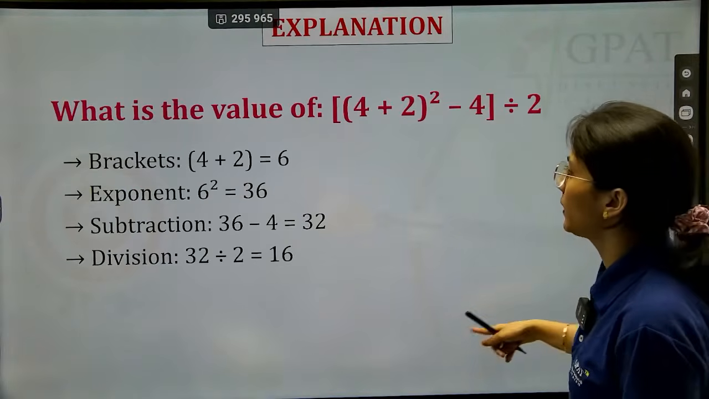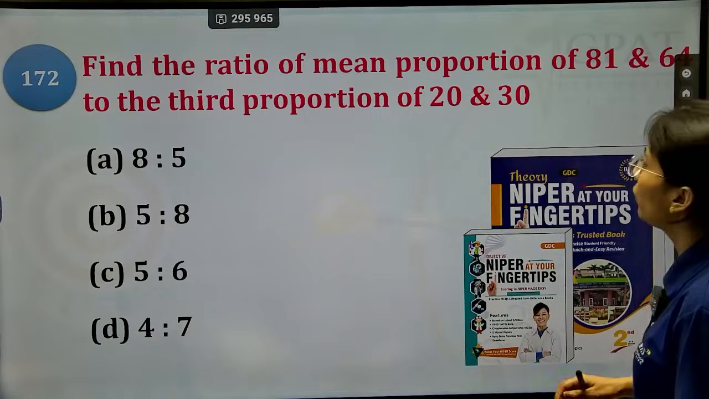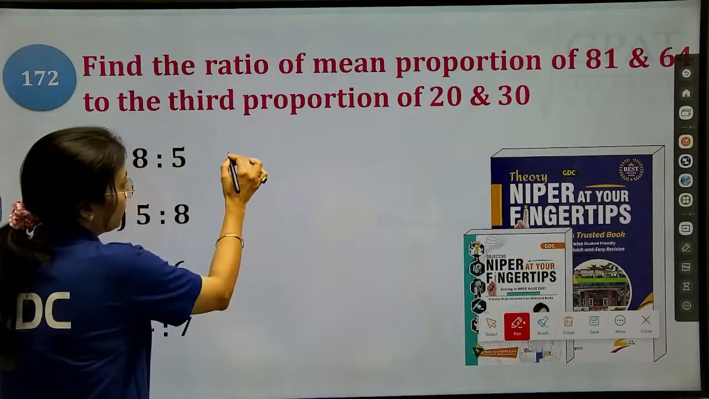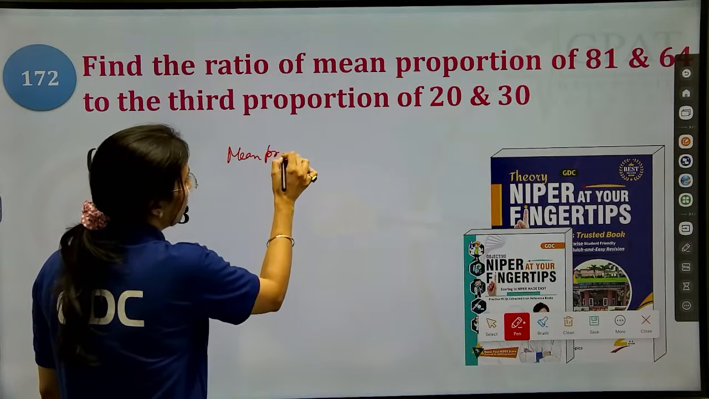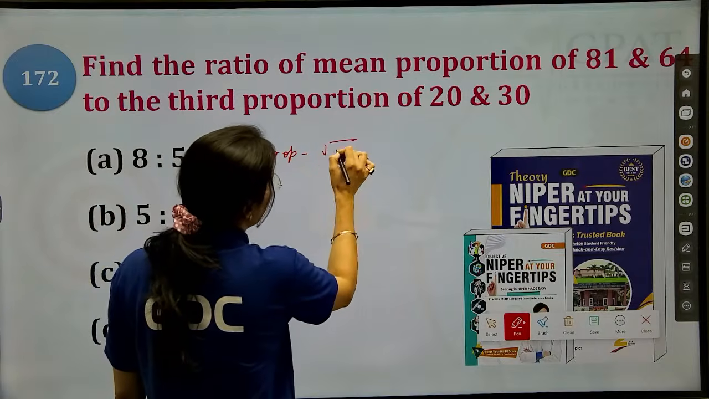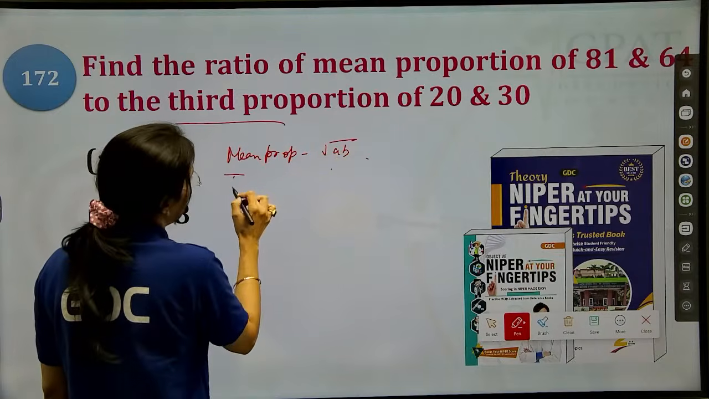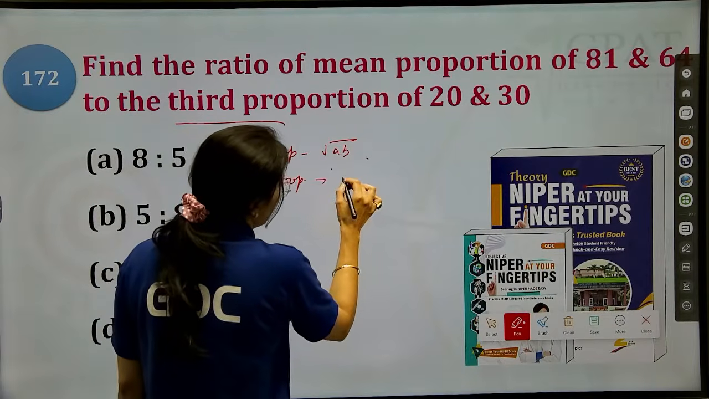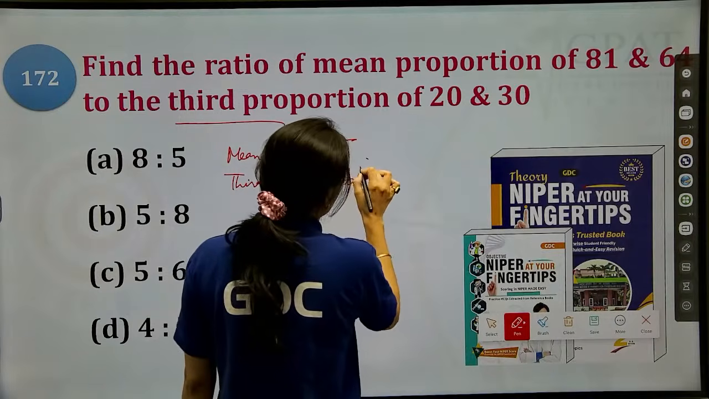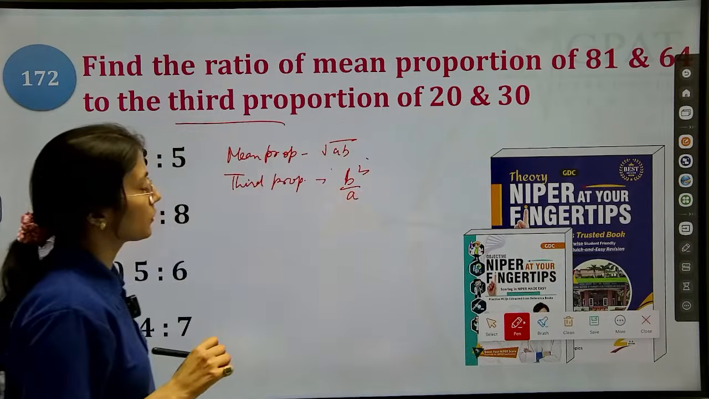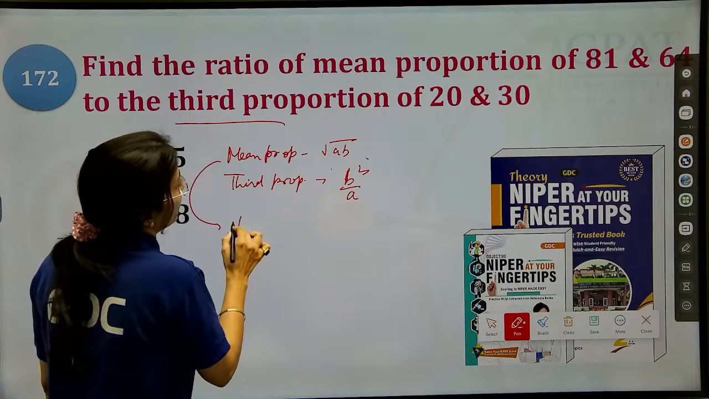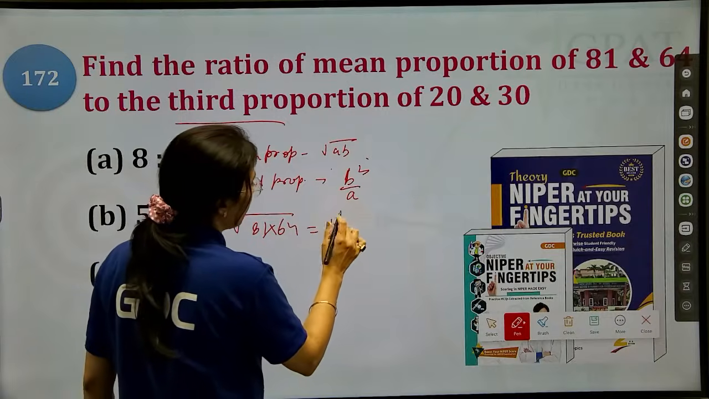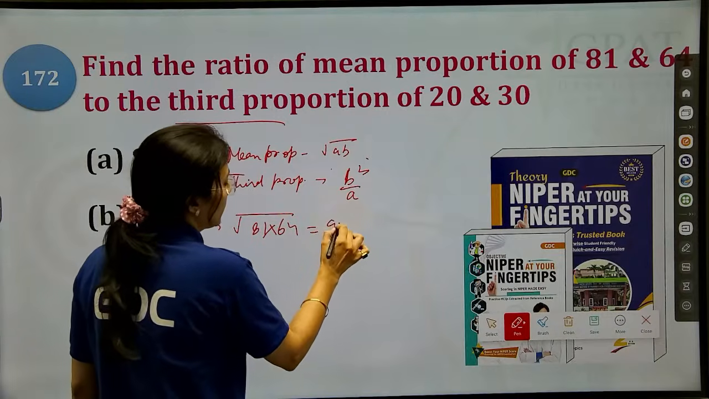Now move to another question. Find the ratio of the mean proportion and third proportion of 81 and 64. So how to find the mean proportion? The mean proportion formula is root AB, and for the third proportion we use the formula b square upon a. So for the mean proportion, root of 81 multiplied by 64, that is 9 multiplied by 8, that is